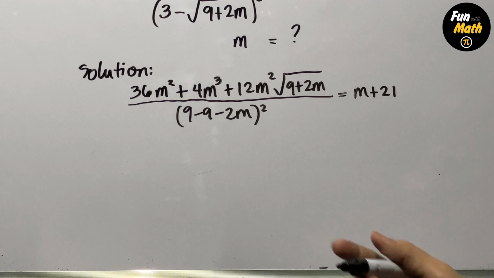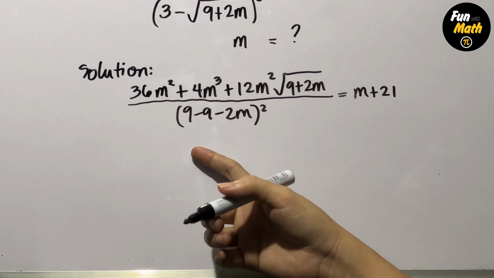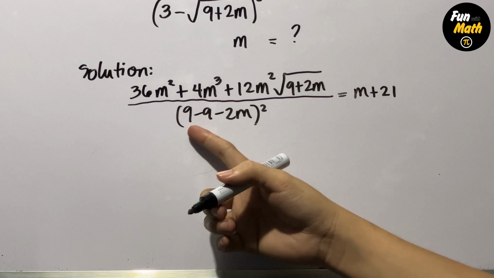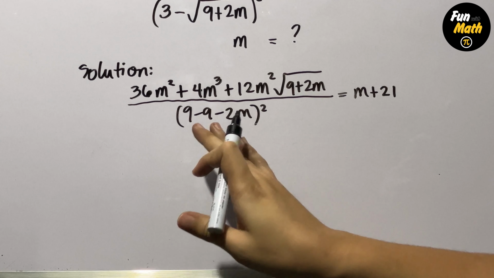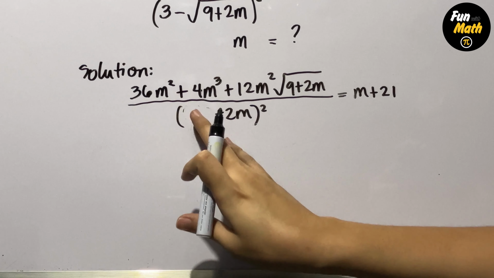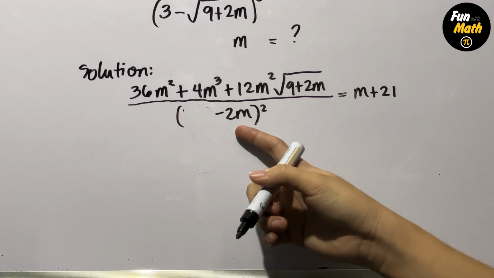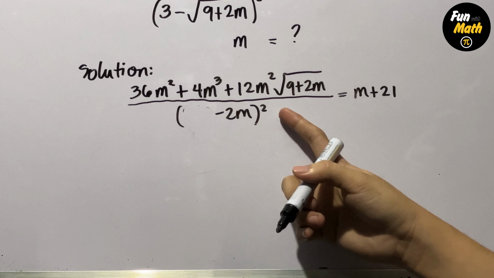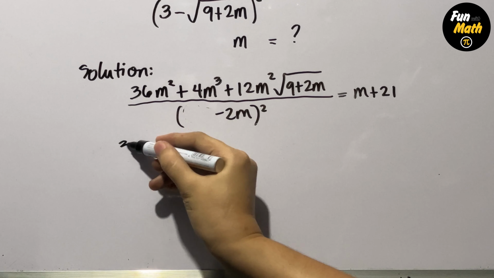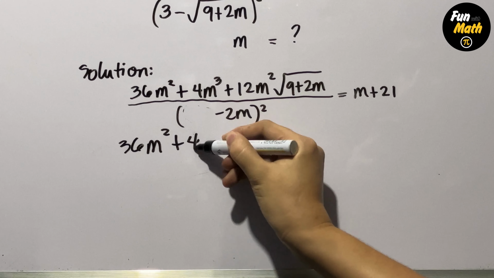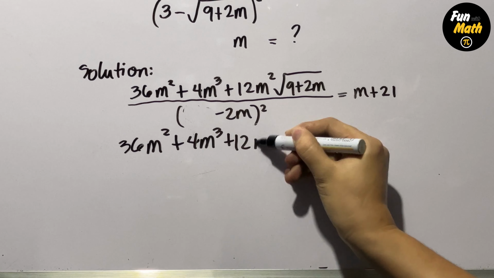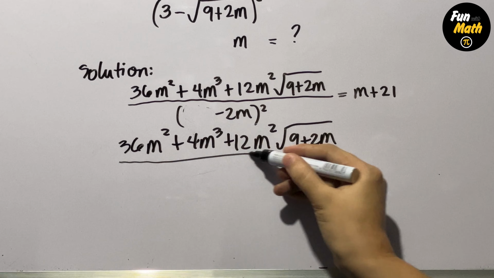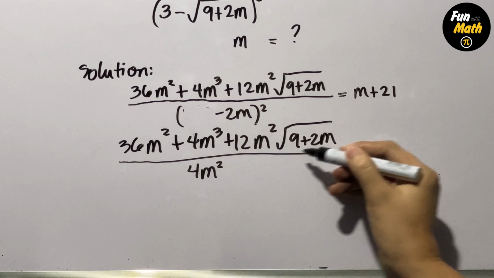Now to continue, we can simplify our denominator, which is 9 minus 9 minus 2m whole to the power of 2. For this, 9 minus 9 is already 0, so we can remove that. So we're left with negative 2m whole to the power of 2, and this is equal to positive 4m squared. So this is now 36m squared plus 4m cubed plus 12m squared square root of 9 plus 2m, whole over positive 4m squared, equals